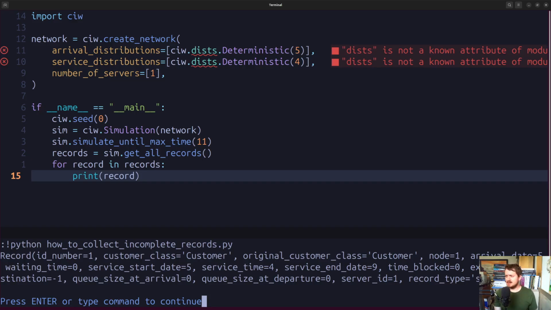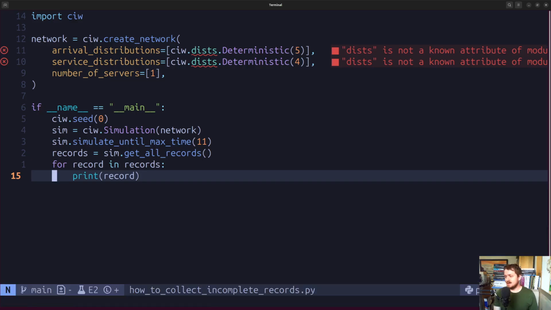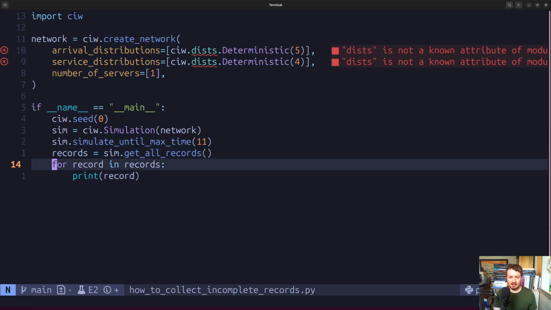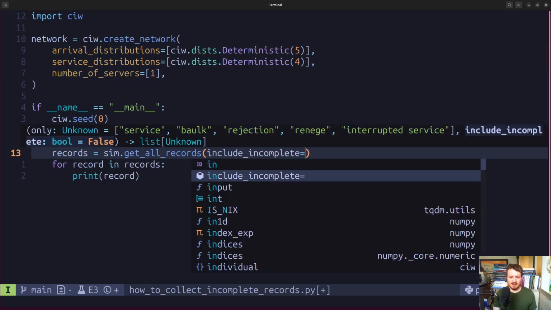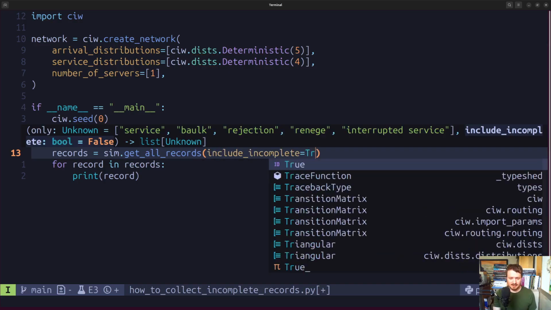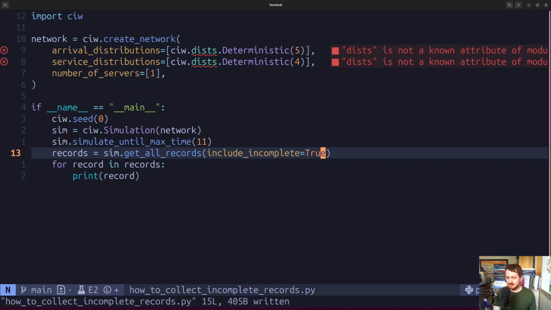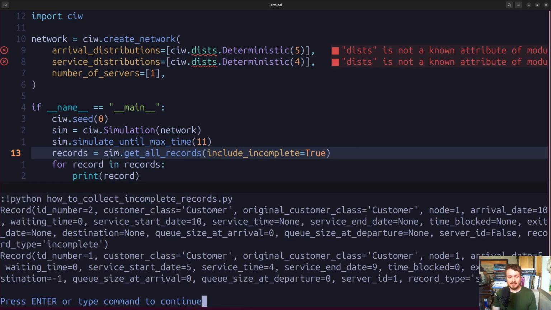Added just recently in version 3.2.6, I believe it is, very recent to the current date, is another option to the get all records method, which is include incomplete. And include incomplete, as the name suggests, is going to also grab the incomplete records for us to be included in the records. So we had one record before. If we run it now we can see that there are 2 records